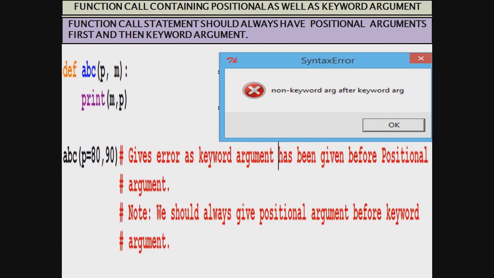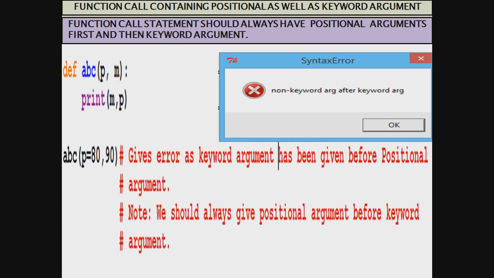We cannot do that. So two things we should understand here. First, keyword arguments should not be before any positional argument. And second, you cannot give two values to one variable which is waiting for one value. Understood, students?